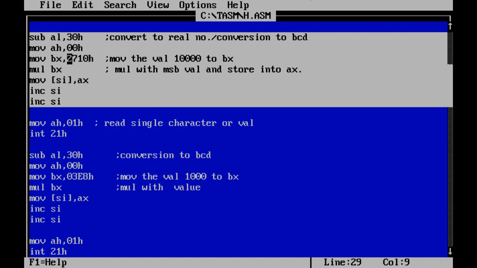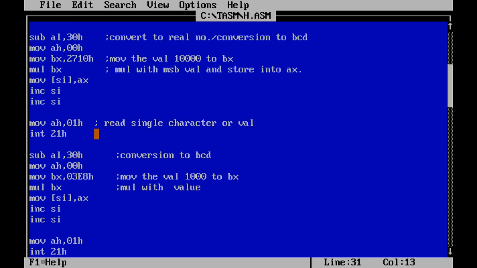So this kind of ANDing operation is there, this kind of multiplication is there. So multiply this 6 with 2710H, and this multiplication is done with the help of the MUL instruction with the BX register, right? Then automatically move the content of the AX register into the source index register, automatically increment the source index,